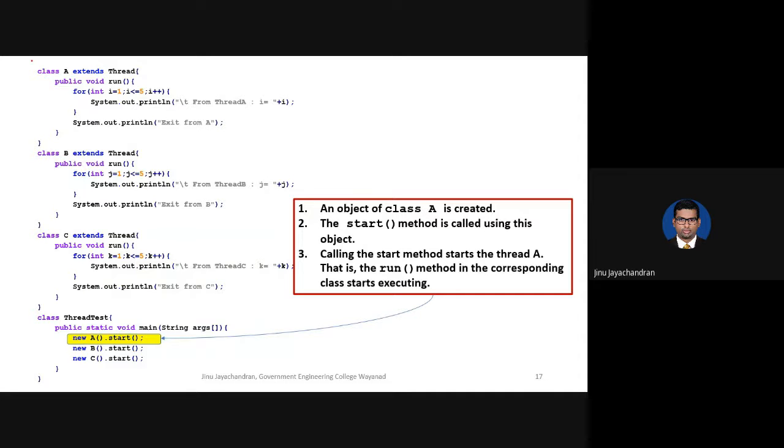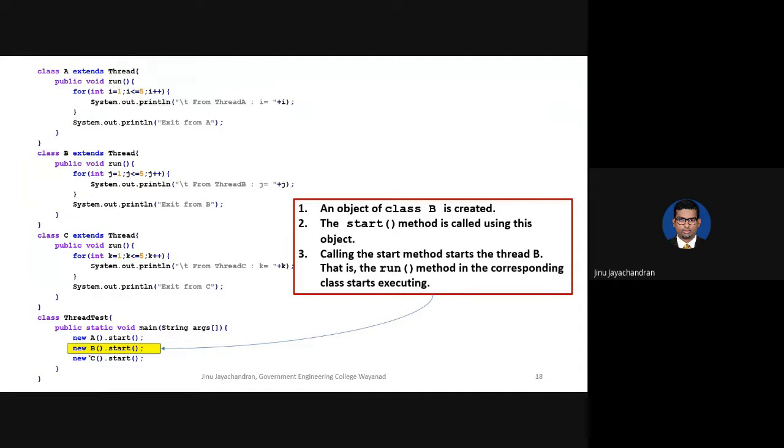Although you have defined what to do in a thread, you need to first start the thread. If you want to start a program, you need to write the program and have a main function. Just like that, if you want to run a thread, you need to start it. For that, first you create an object of the class. For example, new A is an object of class A. Then you call the function start. Now whatever is inside this run function will run as a thread when you say start.